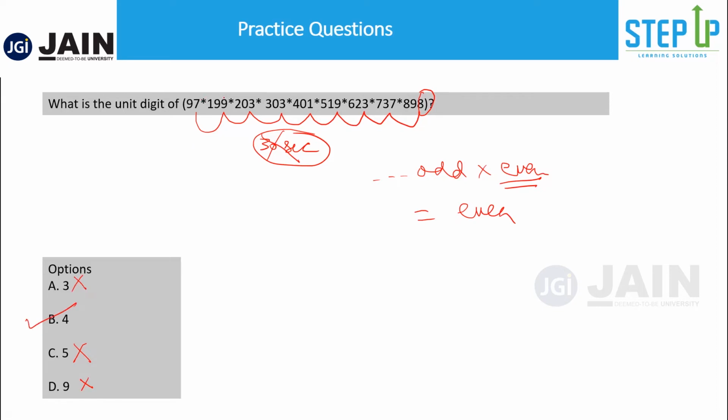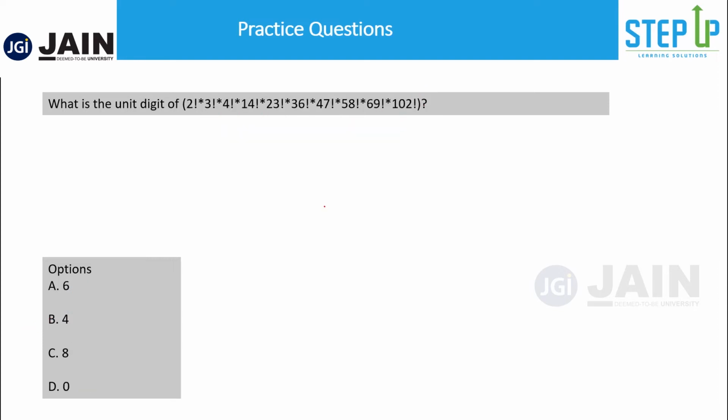Otherwise, you could have directly done this also and looked at the last digit. You would get the same answer. So we have to be smart about observing the numbers and what is getting multiplied into what, so that you save your time, because even 30 seconds versus 10 seconds, there's a saving of 20 seconds. So we just need to be careful about that. Okay, let's look at this number.